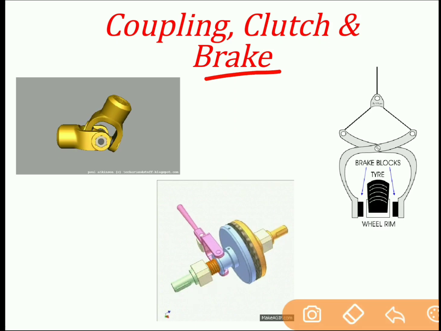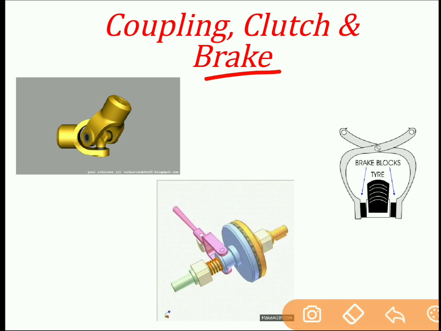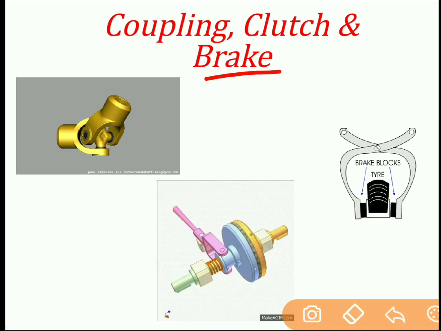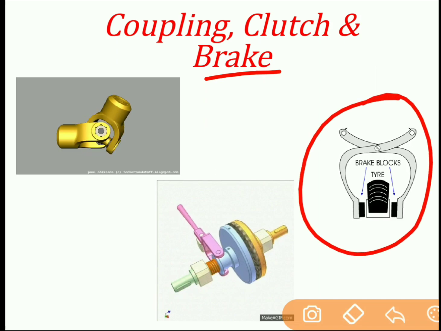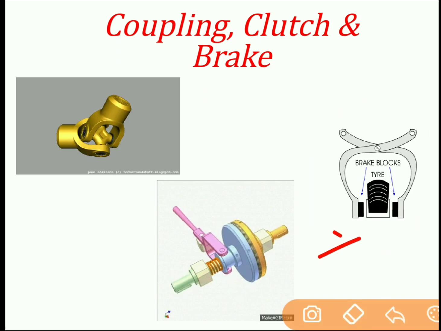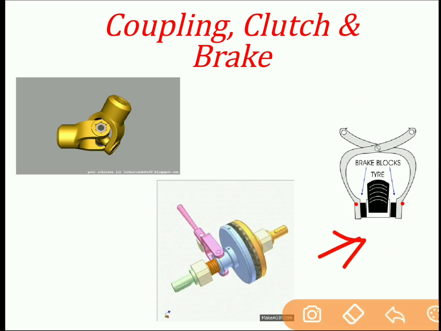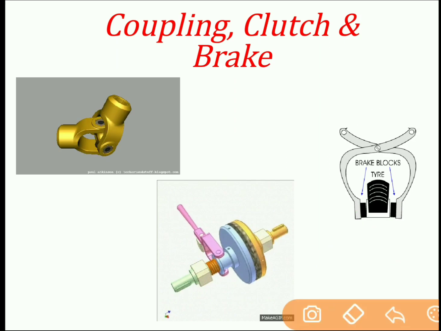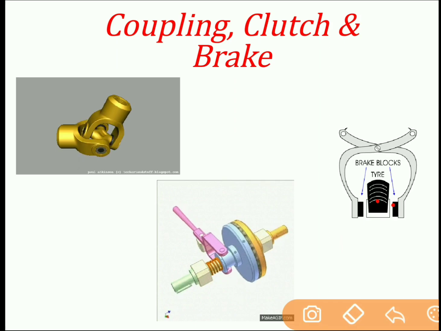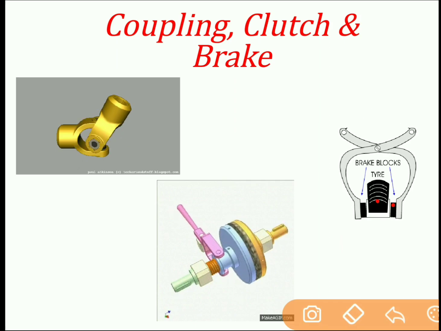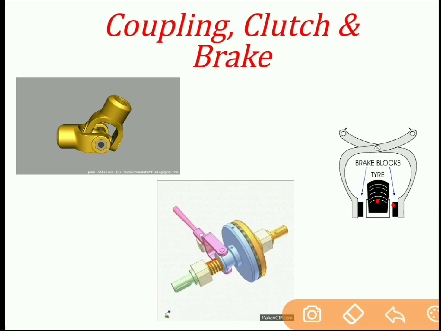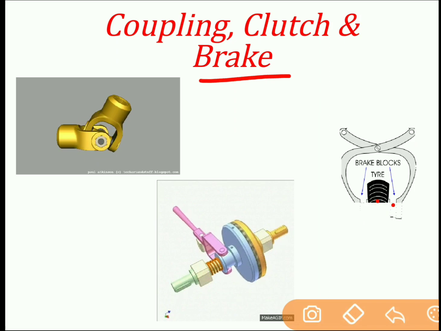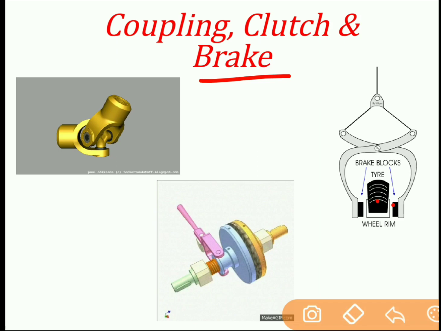Next is a brake. Brake is used in machines or in automobiles to slow down or stop the machine member. As you see in this animation, this brake is used in case of cycle. It consists of two blocks and a tire in between these two blocks. When you apply brake, then this block will come in contact with respect to that of the tire, and as a result the speed of the tire will reduce and ultimately it will slowly stops. So brake is a device which is used to slow down or stop the motion of vehicle.